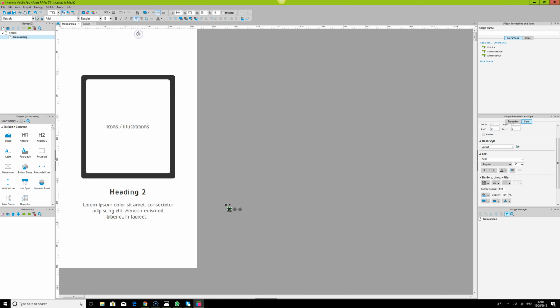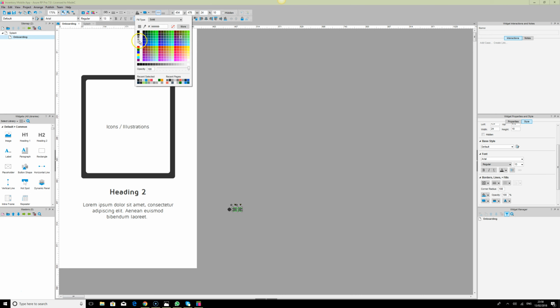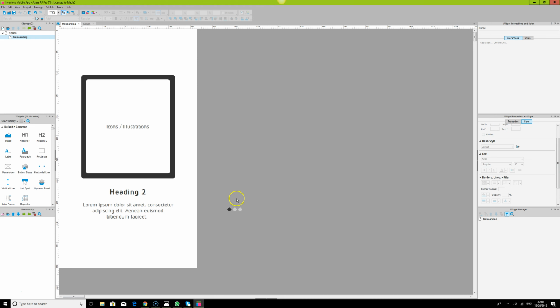So I'm going to choose this color, which is darker, and I'm just going to reduce this color to maybe a little bit lighter. So what we're going to do is put it on this white area, and we can see how it is here. So now this is what we've done, and what we're going to do next is align everything together and align this,